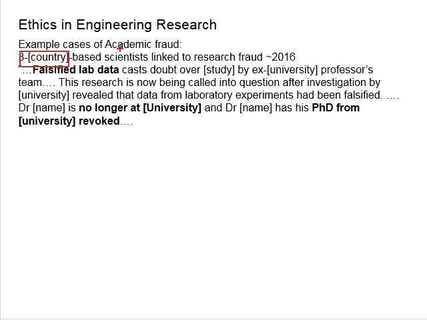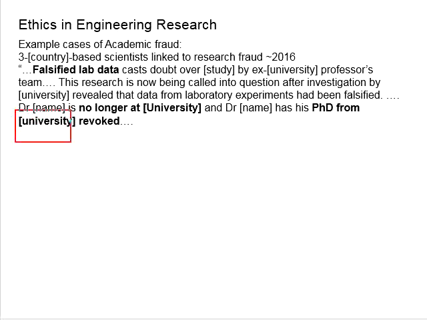A country-based scientist linked to research fraud. Falsified lab data cast doubt over a study by an ex-university professor's team. The research is now being called into question after investigations by the university revealed that data from the laboratory experiments has been falsified. Doctor, the name, is no longer at the university, and Doctor, the name, has had his PhD from